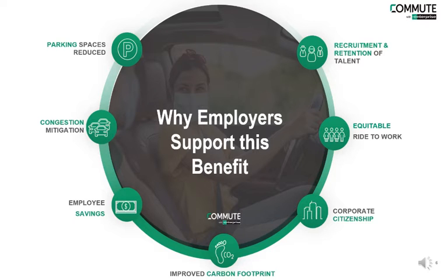The employee savings, being able to provide a cost savings for your employees, really creates a positive work environment and helps to recruit and retain top talent. The improved carbon footprint: we do a lot of green reporting as a company, and on a quarterly basis, we'll showcase to each employer what their impact is by having our program